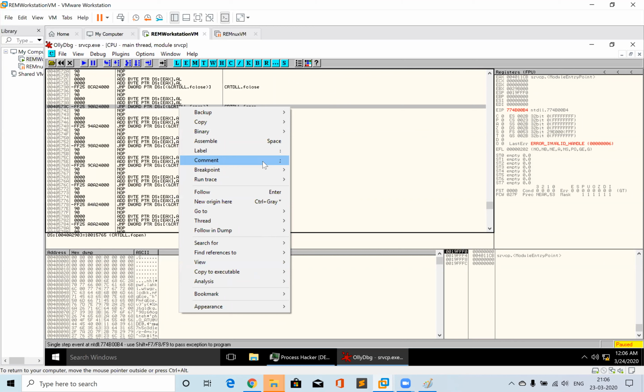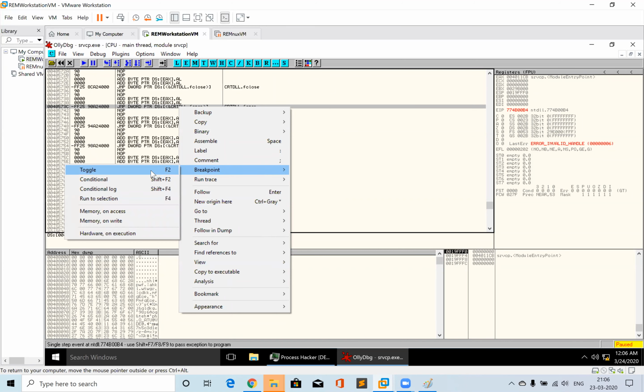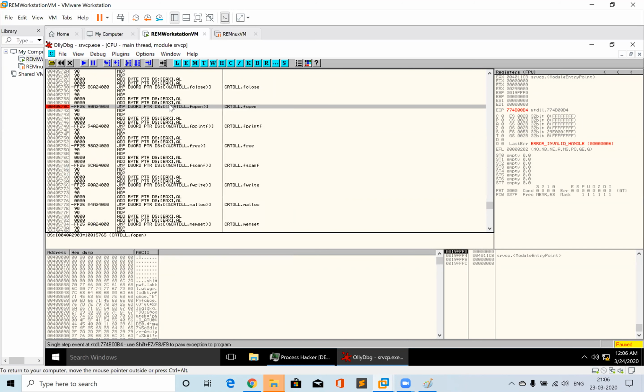And what I will do now is run the malware again. It will stop at this point when it tries to touch the fopen. So I will run the code,